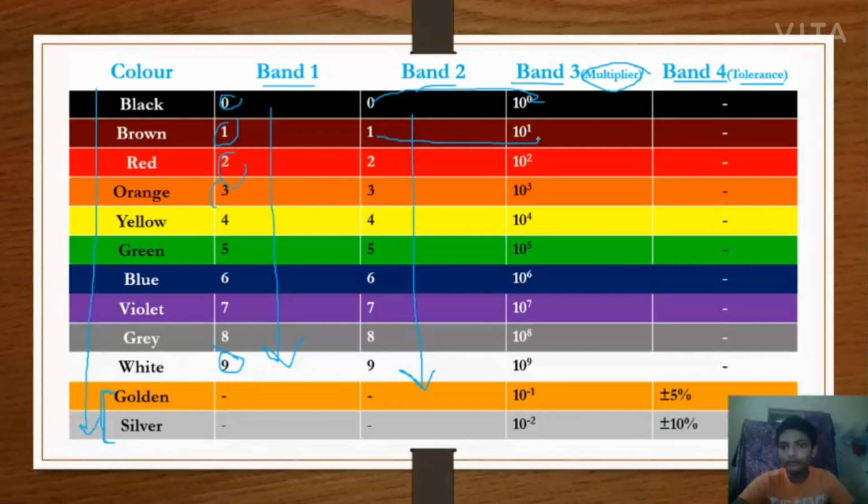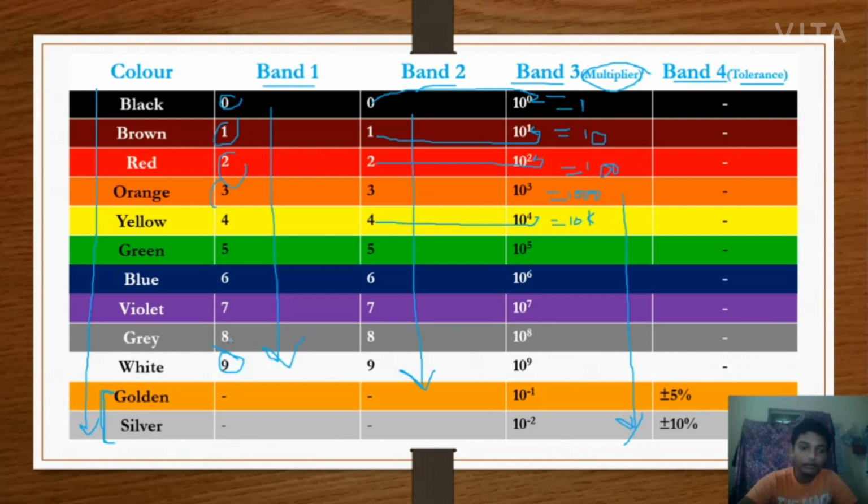Band 1 value will come in this power, 10 to the power 1. It means how much? 10 to the power 0 means 1. 10 to the power 1 means 10. The red band will come the value 2. 10 to the power 2 means 100, and it will go on. It will be 1000, that is 1 kilo. It will be 10 kilo. This will come to this, and it will go on moving.